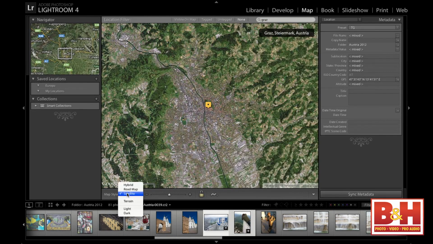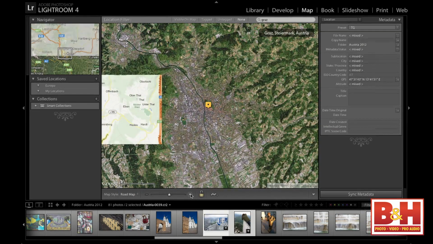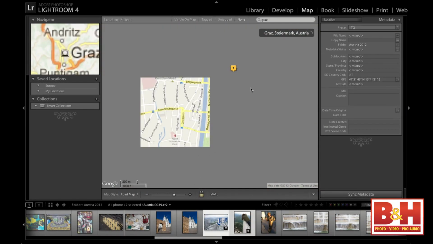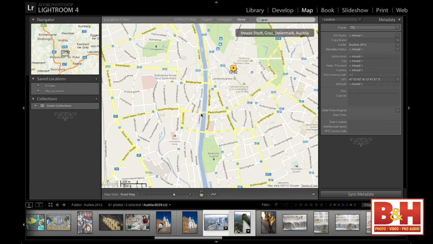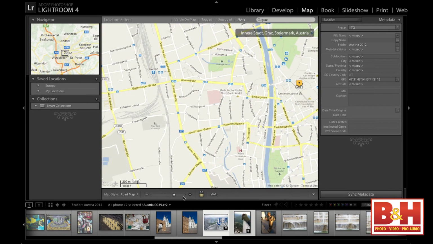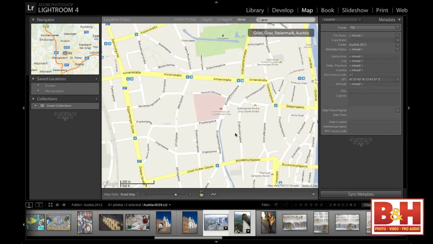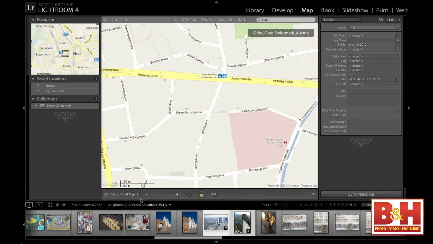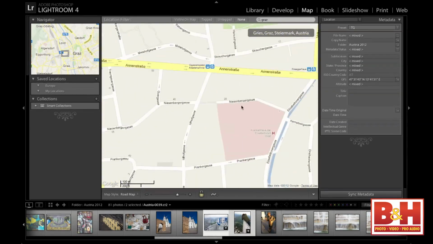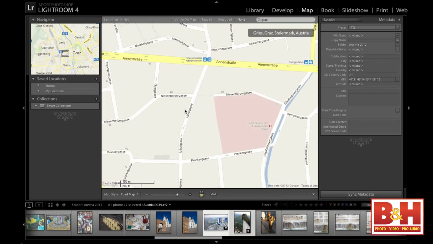And here it is. We'll go ahead and switch into road map view so it loads a little bit faster. And I'll zoom in on Graz. And fortunately, I actually remember where I took these pictures. So I can navigate on the map, just as we would with Google Maps in your web browser. I can zoom in or out, and I can pan around all over the map to locate where these photos